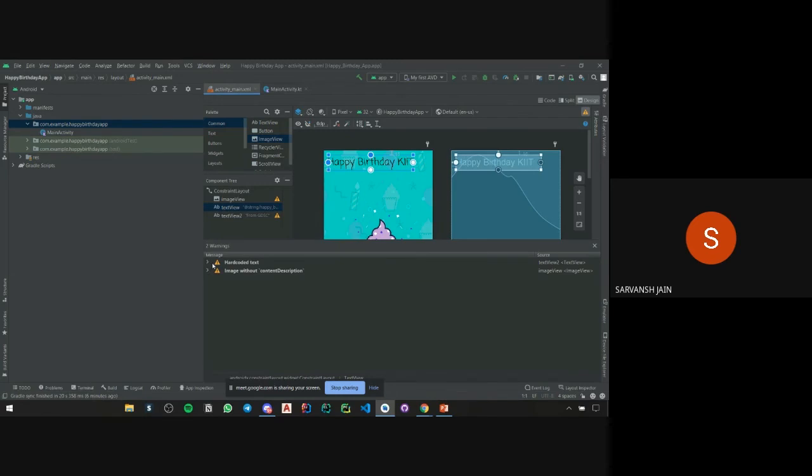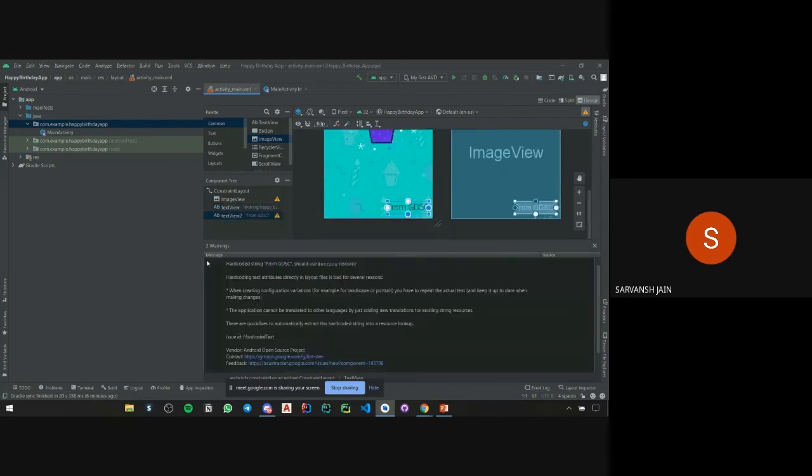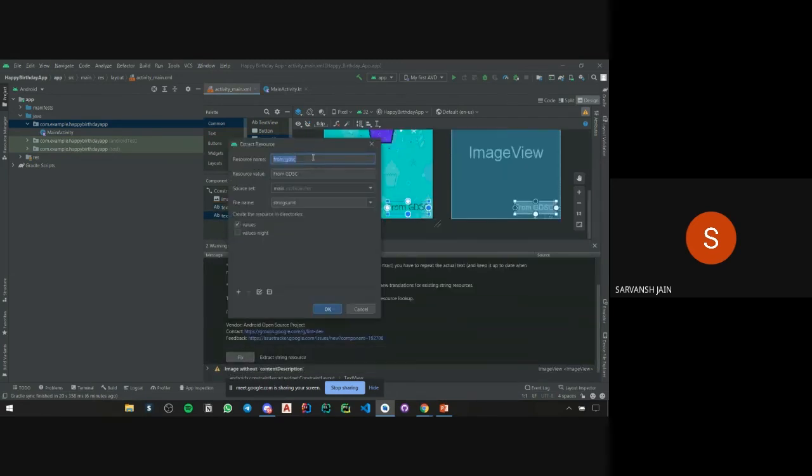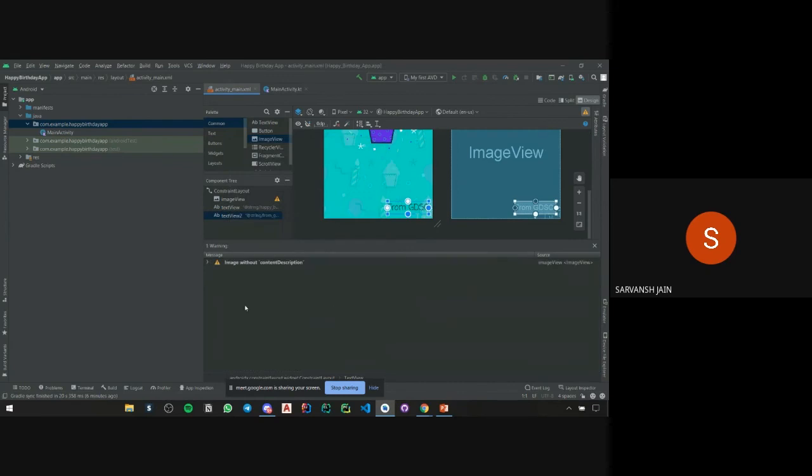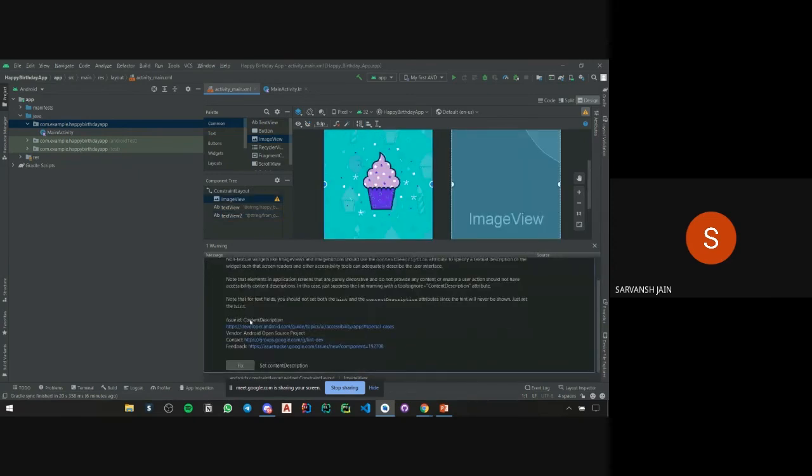Then I'll do the same with the second text. I'll click fix. Then this is the content description warning. Basically, you can describe the image, what the image is about, for accessibility for other people.